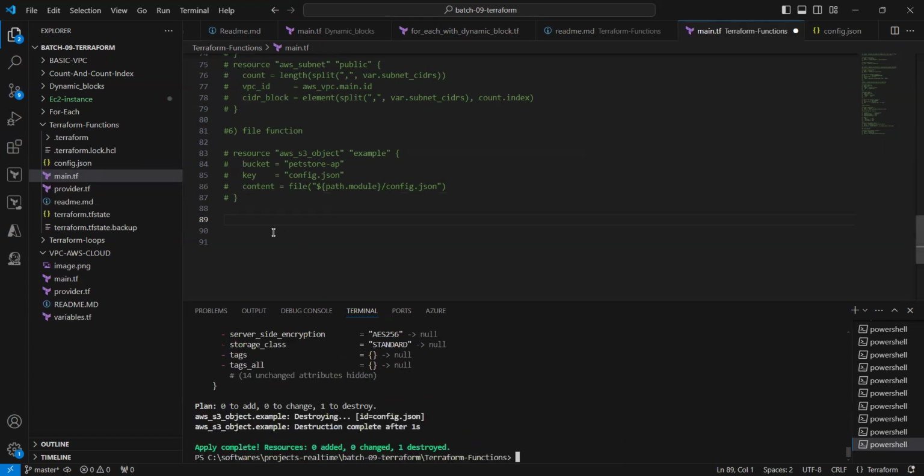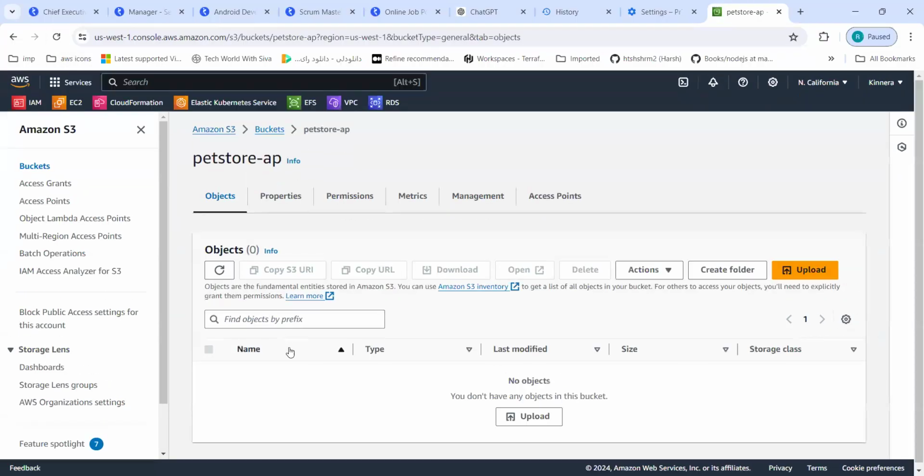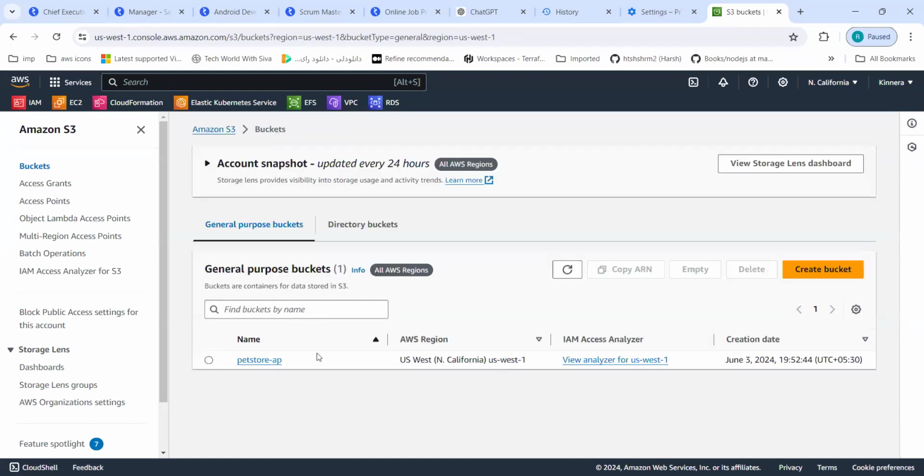Automatically destroyed. So here there is no... even S3 also deleted. That stored object, the S3 bucket, also deleted. No, no, no. Only the object is deleted. Okay. Next,